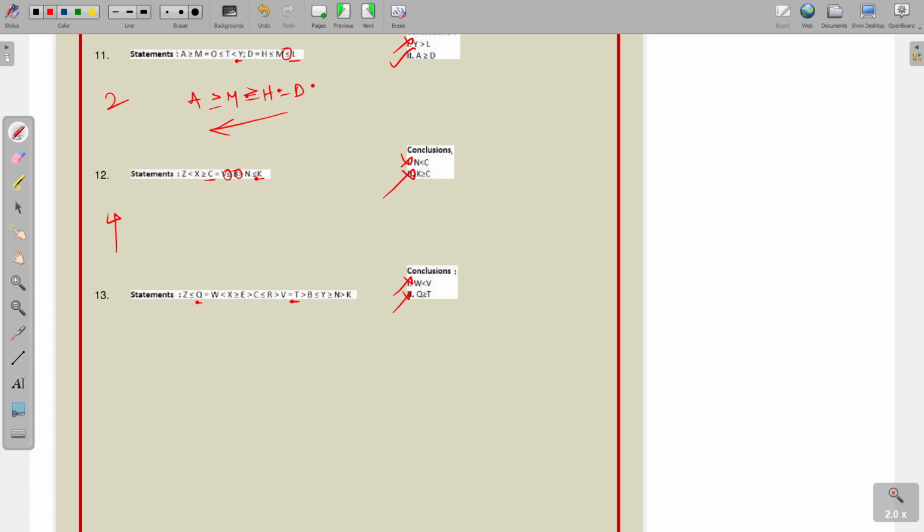This one is also not correct, but instead of Q we can place W also. Why? Because Q equal to W. Instead of T we can write V also. So, see conclusion 1 and conclusion 2, W less than V and W greater than or equal to V, both are complementary pairs, either 1 or 2 follows. Next,